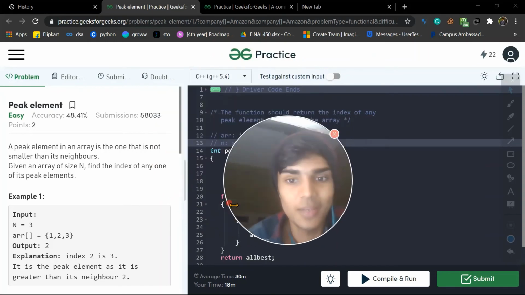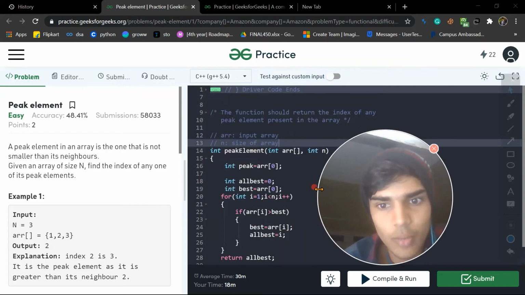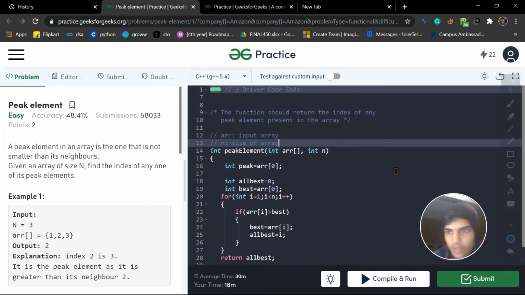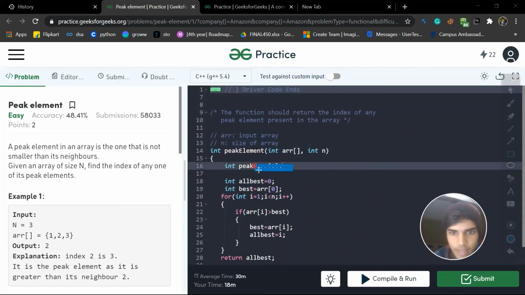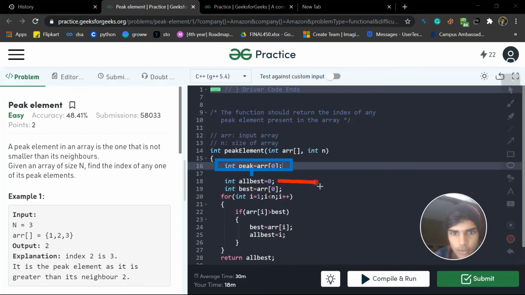I would say please do not just copy, but understand and do it on your own. Basically, we take a best variable, the last variable we are going to return, with position 0.